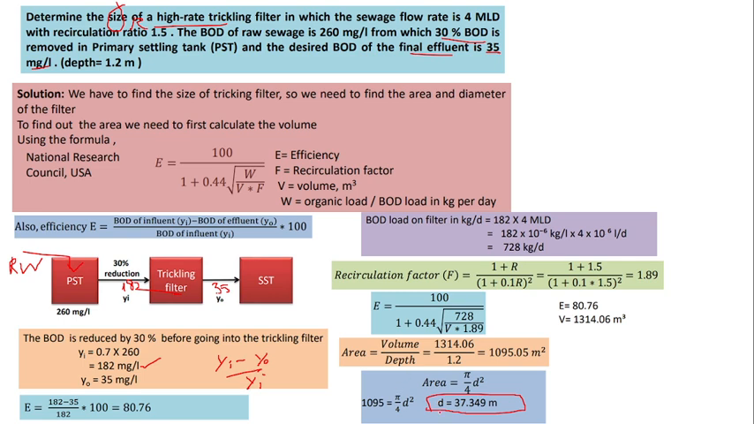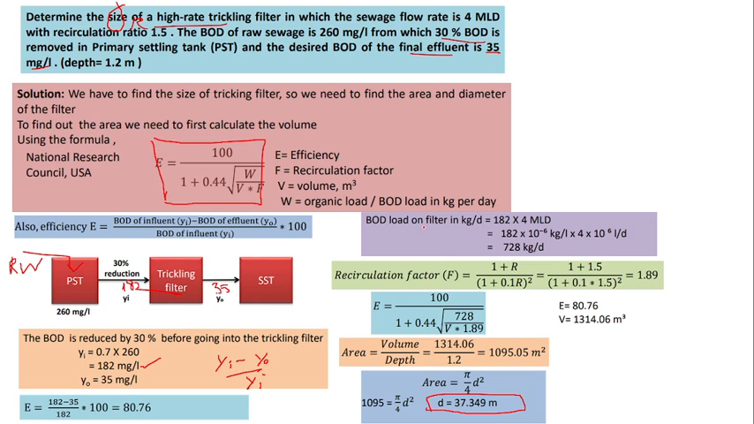To find the diameter, you should know the area of the trickling filter. To know the area of the trickling filter, you should know the volume divided by depth. So this is obtained by this equation. Indirectly, we are calculating the dimension of this trickling filter. So now with this, the efficiency is first calculated, and then